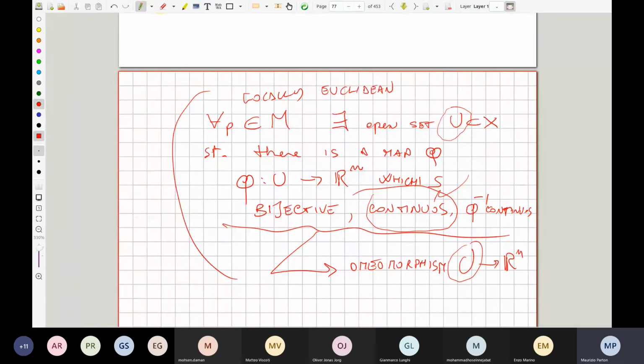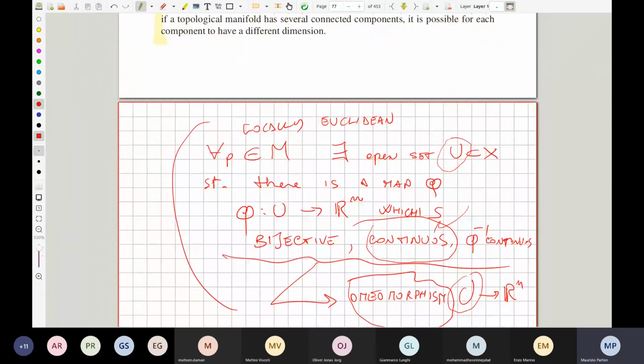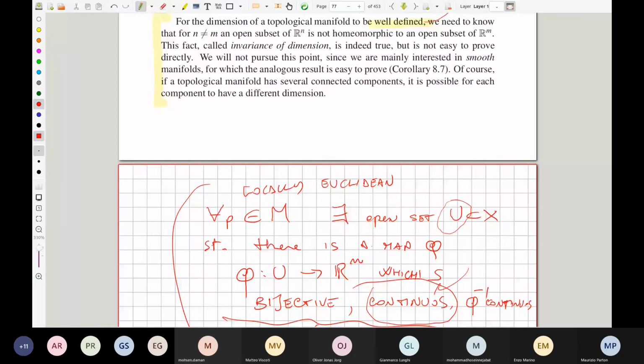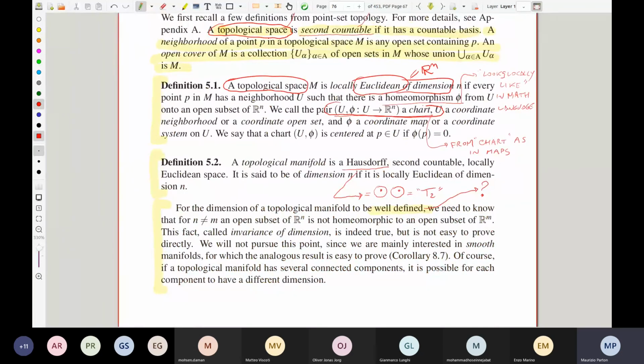So, locally Euclidean means that locally it looks like Rn in the topological sense. That means the topological notion is encoded in this word. Homeomorphism means continuous with continuous inverse. Now, this pair is called a chart